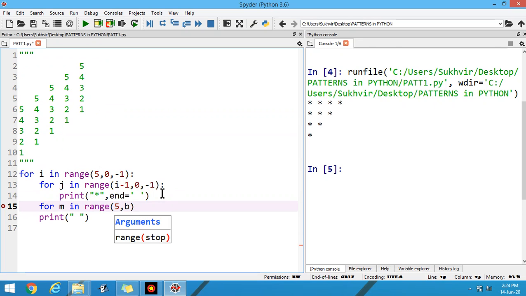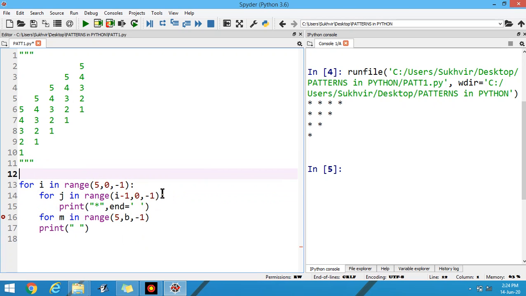Suppose I write here b, then -1, and I declare b is equal to 4. If I write here b is equal to 4, automatically this value is equal to 5 because the values are there in decreasing order. It means the last value plus 1 is the value. It means 5 to 5, it is the first value.